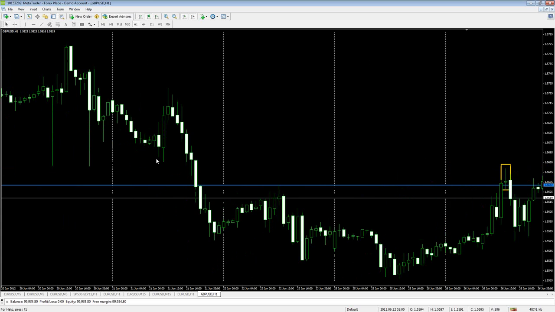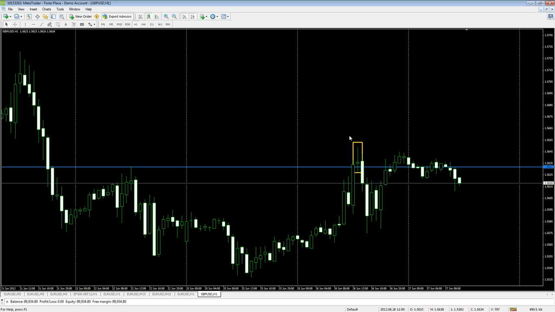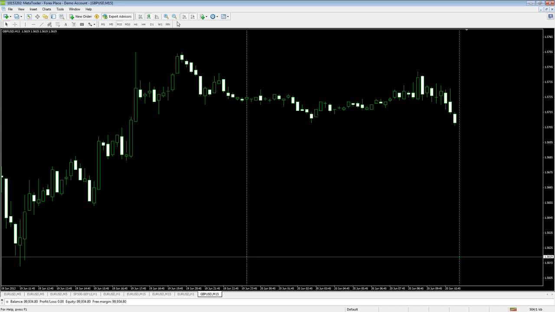So basically it looked like it breached this resistance area and closed above, and then gave this candle here, found support, but eventually it broke again. And when I saw this candle, for me it was quite obvious it was going down. If we look at it on the 15-minute chart,